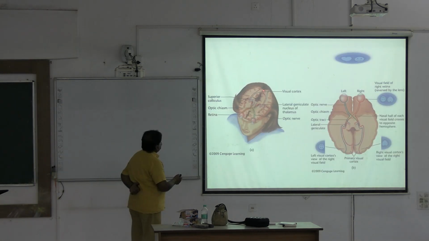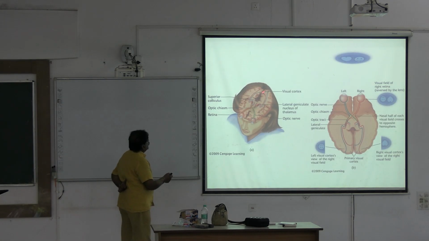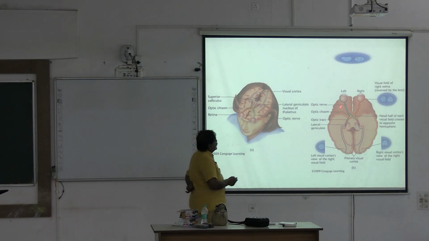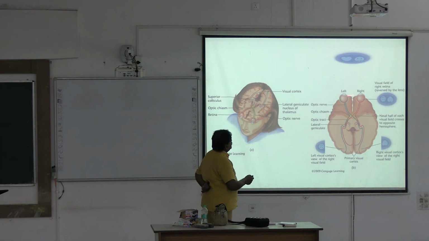See, this is the visual cortex. This is the superior colliculus. Optic chiasma, the crossing, the retina, the optic nerve, the lateral geniculate nucleus of the thalamus. This lateral geniculate nucleus of the thalamus projects to the visual cortex. Now, you see the right, left and the right optic nerve,